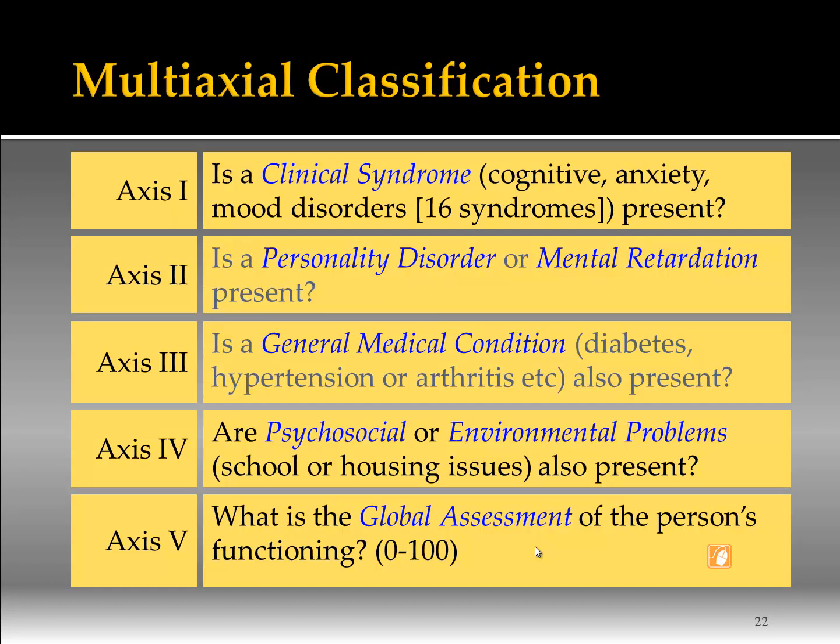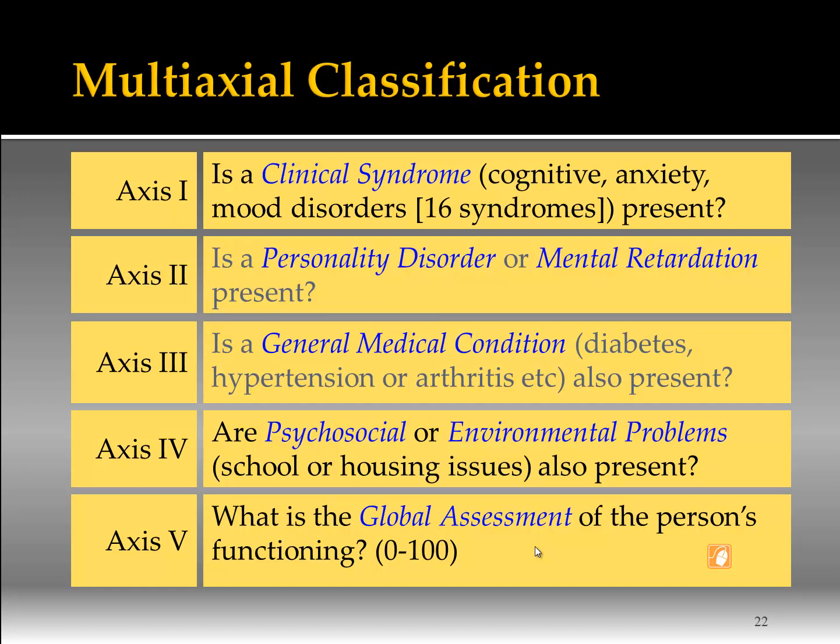And here we look for any psychosocial or environmental problems, school problems, housing problems, things like that. You're looking at mental retardation. Mental retardation sometimes can be based on general medical conditions, such as maybe a child has very poor hearing and just doesn't respond, and people think that the kid is a little bit slow. There can be environmental factors where maybe they haven't received the release stimulation. They're kind of delayed in their maturation and things like that because they didn't get good intellectual stimulation. So these axes are very important and kind of help fill in the information to support either Axis 1 or